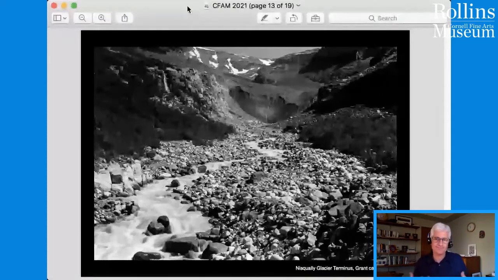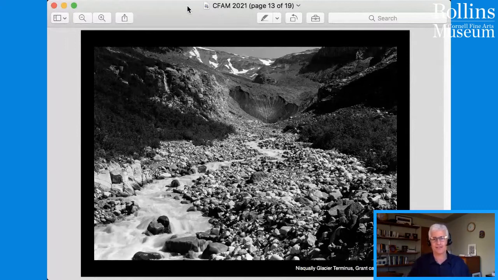And thankfully, one of the parks, Mount Rainier National Park, has a fantastic photo archive, which I've actually been exploring since the early 2000s, with a great photographic record of the locations of glaciers and all kinds of glacial features. There are 25 major glaciers in Mount Rainier National Park, and all 25 are either thinning or in full retreat. Here's a photograph of the Nisqually Glacier Terminus in 1932.